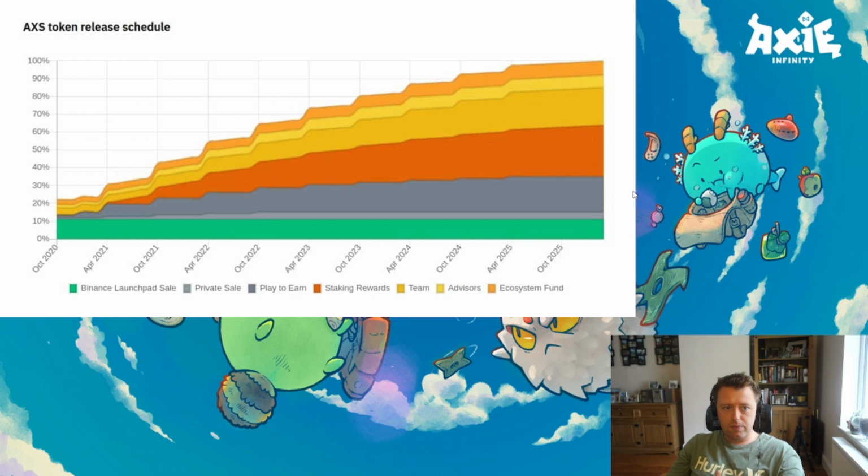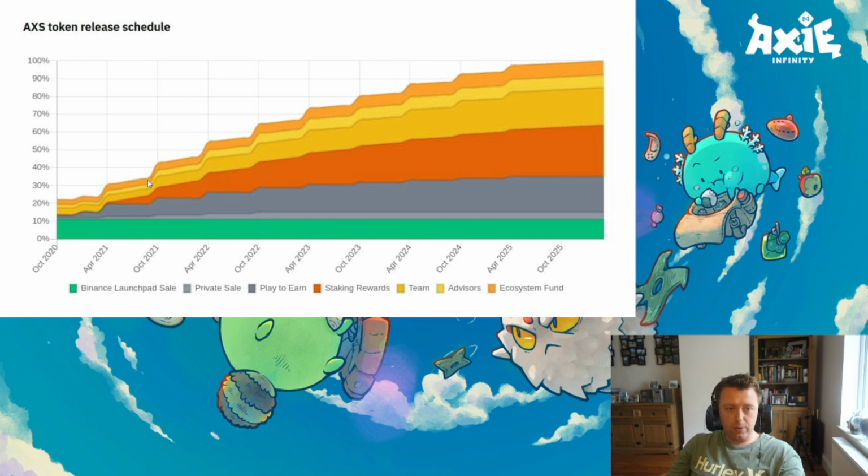In terms of the release schedule, there's two important things to note here. One, it's a very nice gradual release schedule over a considerable period of time that really would make you think that there won't be sudden points or long periods of time when there will be a massive influx of supply into the market, and this can cause the token to tank, as we've seen in a number of other projects where they just released too many tokens too quickly, and it really just allowed price to be suppressed.